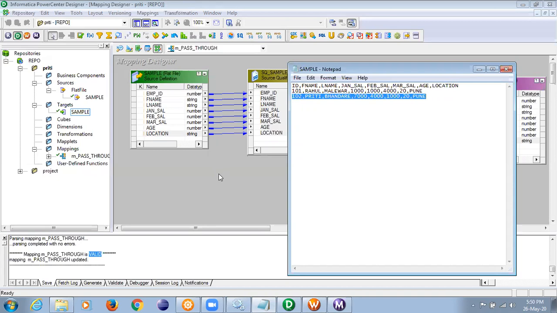Now the question number 1. I'll give you 2 questions. We'll understand both the things simultaneously. Question number 1. In the output, I want ID, full name, total salary, age and location. Am I asking for the changes? Yes. ID, full name. So how will I get full name? By concatenating first name and last name. Correct? I want total salary. How will I get total salary? Jan plus Feb plus March. That will give me the total salary for the employee. And age and location as it is. Any doubt? No.